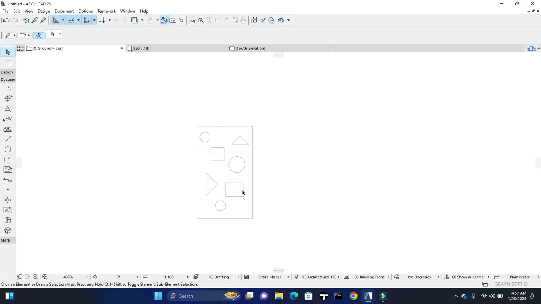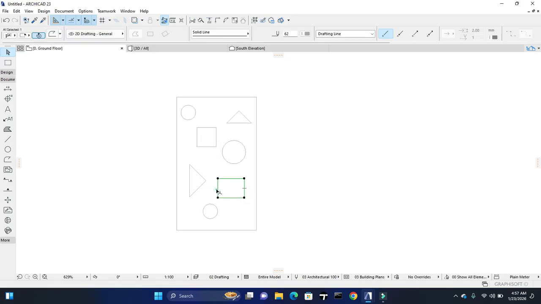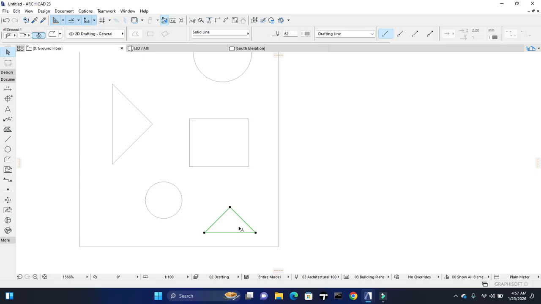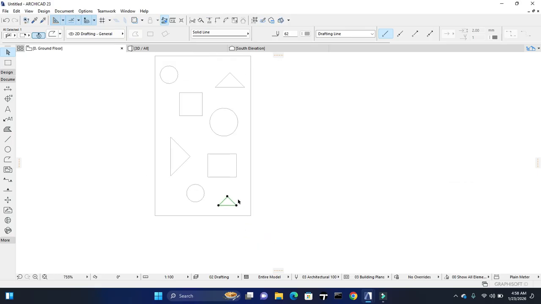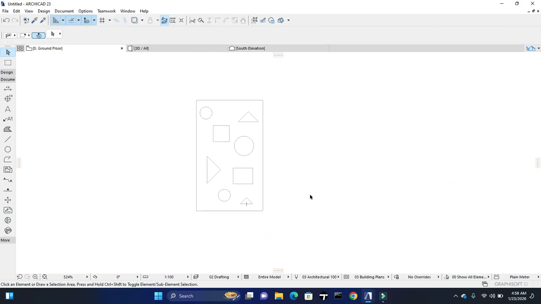Alright, so I think this is enough. If you feel like adding more shapes, go ahead. If you feel like adding more shapes, you can. It's a free exercise. So now we have this kind of shape, this kind of